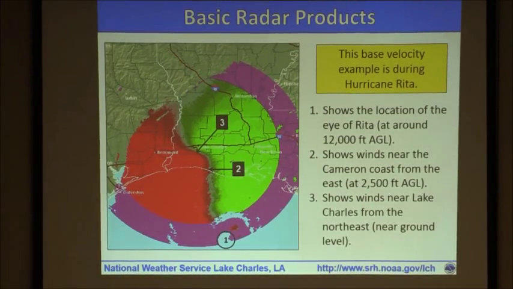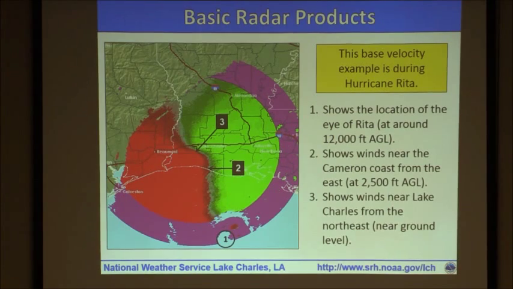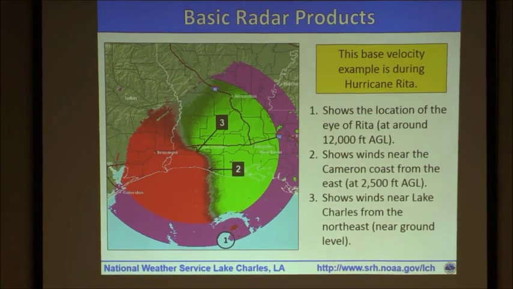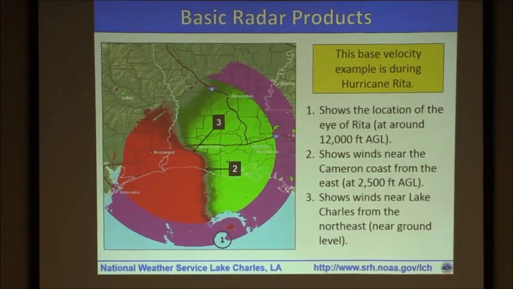So these are features that you're going to be using if you're using some of the velocity products. Look at that zero line, draw a perpendicular line on it, and figure out which way the wind is blowing towards the radar and away from the radar, and that will tell you which way the winds are actually blowing